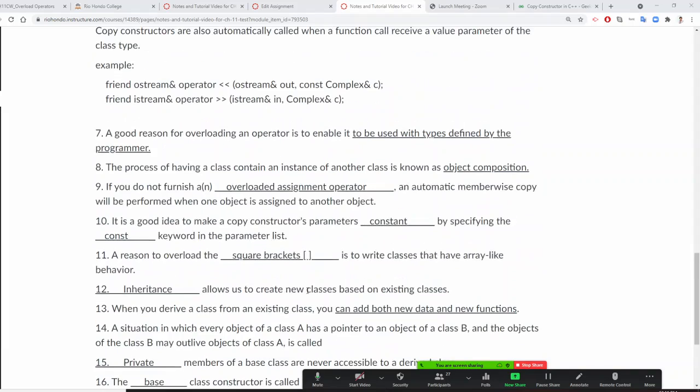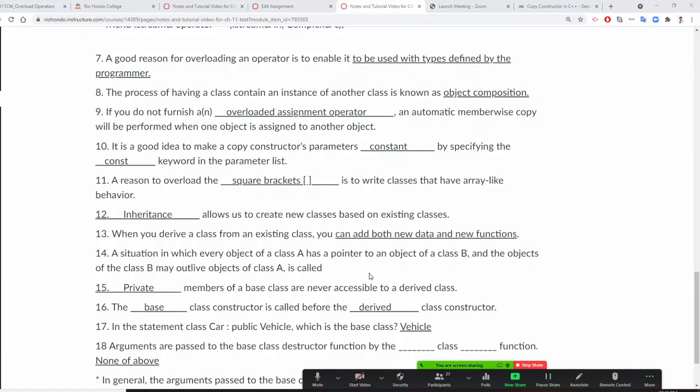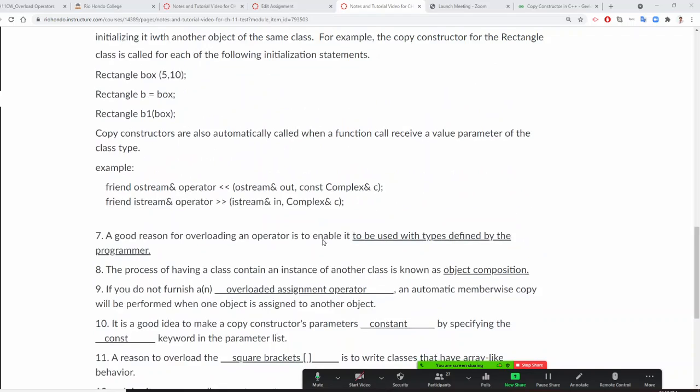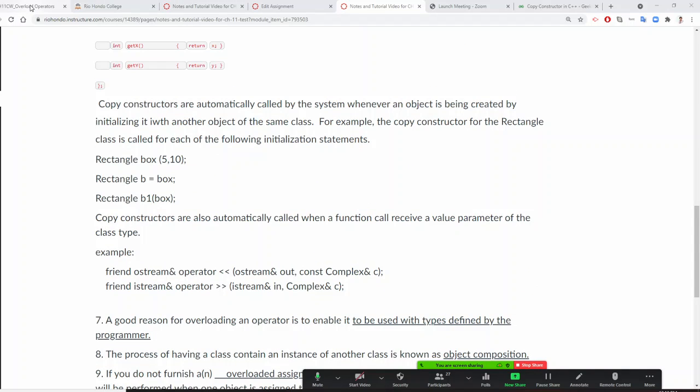That's the reason why. Now fix number 15. Situation: every object A has a pointer to B, and object B may outlive it. This is called inheritance. Sorry, inheritance. I'll give you an answer for sure. Now I'll go over